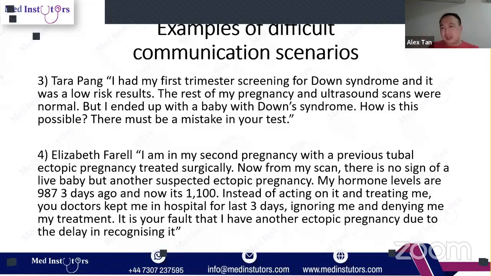I can understand why you say this. Just don't take it personally in the exam. Just say, I will do my best, and I'm sorry to hear about this, your loss, and I'll do my absolute best to help you and support you in this setting. You're here now. This is a safe place for you. I will make sure that things are done correctly for you, so you're well looked after, and I will make sure that my consultant will see you and give you the necessary advice so that you have the right information.